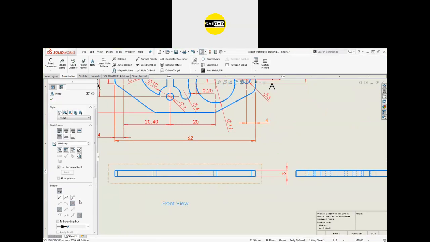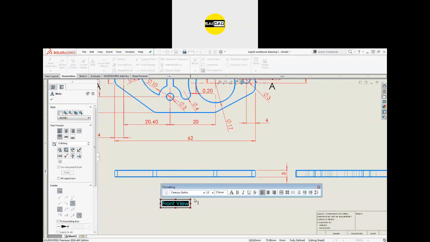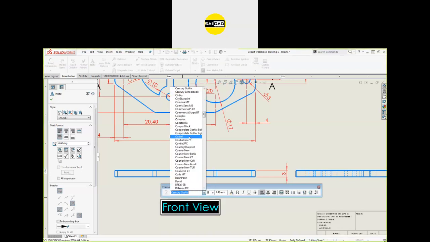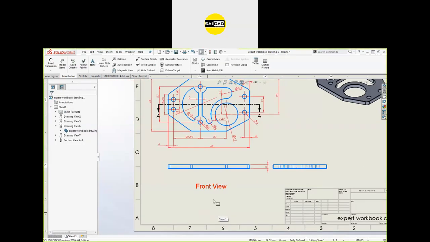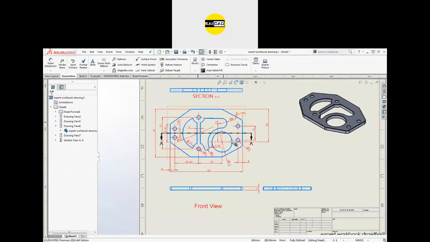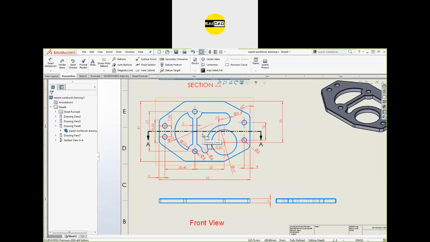You can change the font. To change the font, just double click. We have the font from here. I want that font to be around 28, and this should be Arial. Okay, so this is the text. All the other options will be covered in the next command, next page. Okay, the table and everything.